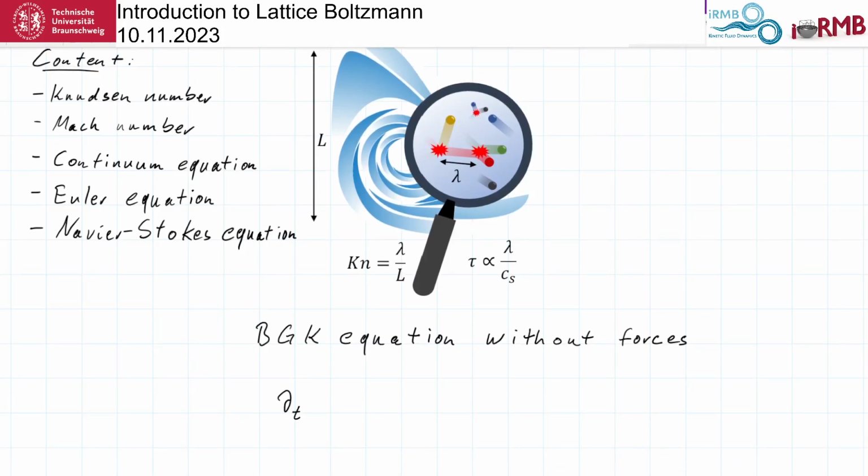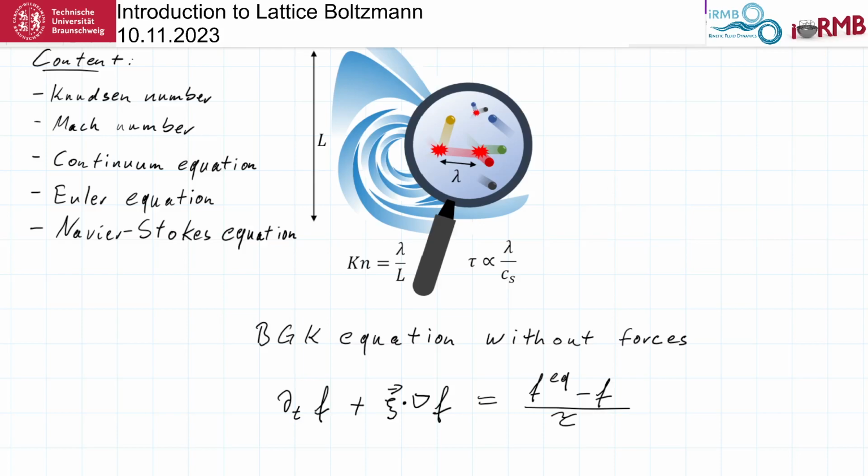So we have the time derivative of our one particle distribution function f plus the kinetic advection operator, which is the microscopic velocity times this spatial derivative. And now this is the left-hand side of the Boltzmann equation, and what makes it the BGK equation is the simplified collision operator, which just takes the equilibrium distribution minus the incoming distribution and divides this by tau. So this is the BGK operator, the BGK collision operator,